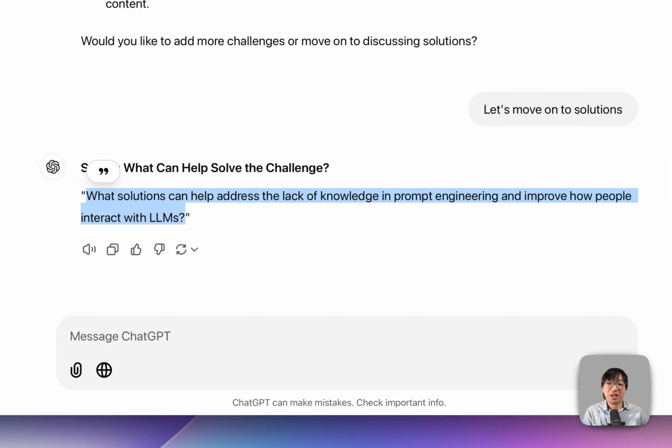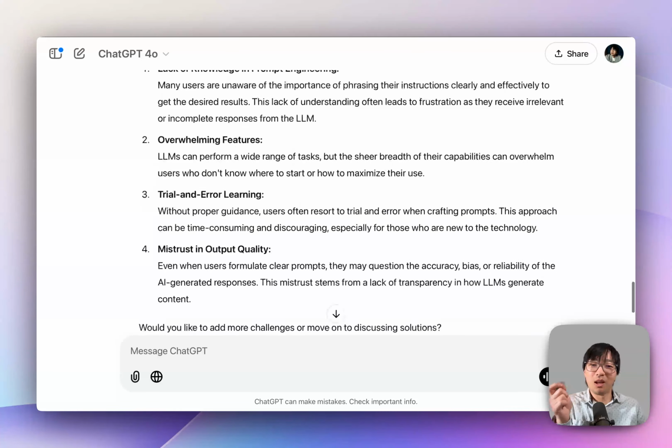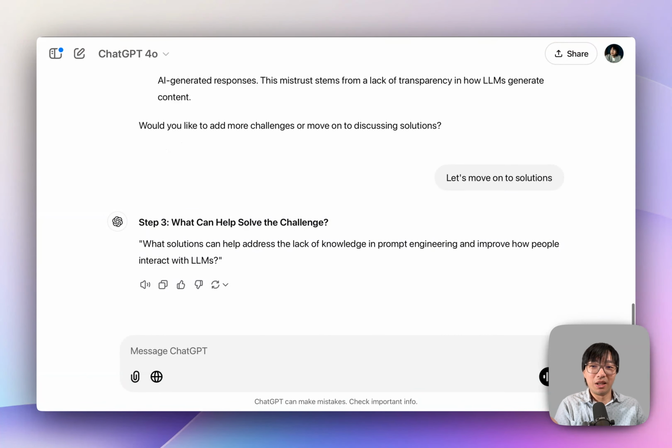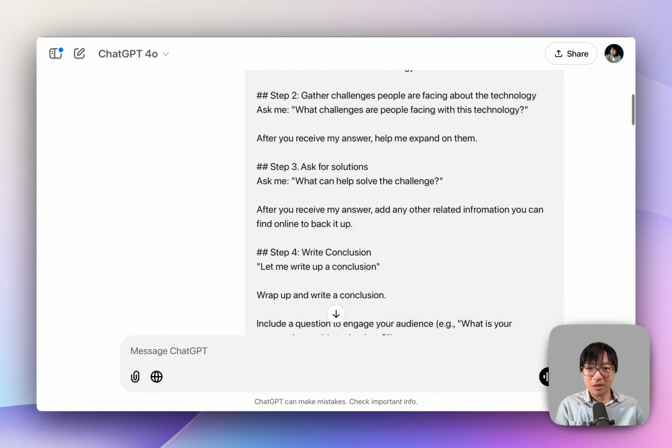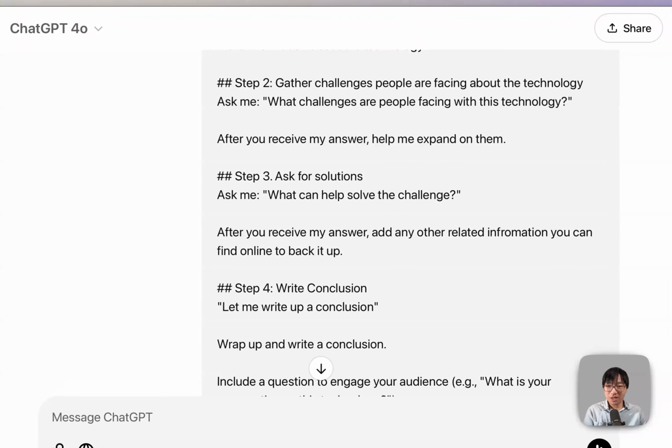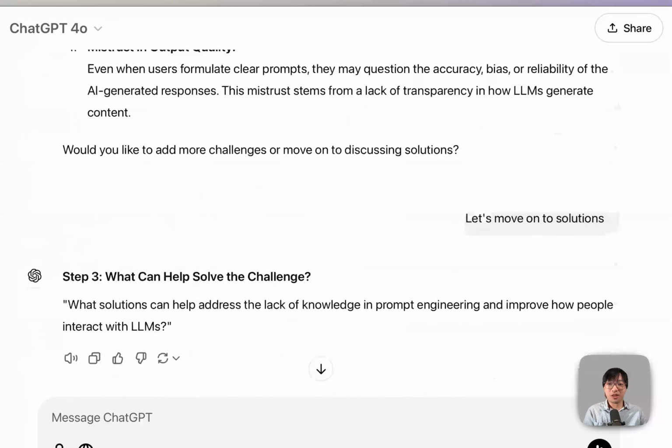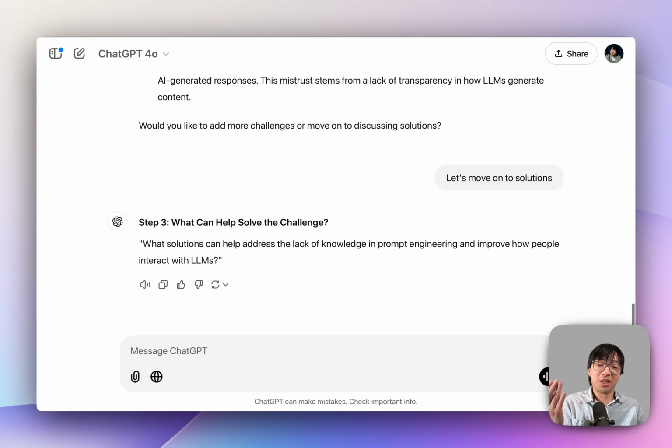Notice that this introduction, or the little UX of asking me the question, is actually personalized based on the above output. It's not just repeating, let's say, what did I say? Ask me what can help solve the challenge, right? It changed this to be more specific, matching the prompt engineering. That's really smart. And that's a little nugget of UX that goes a long way. So great. Let's say